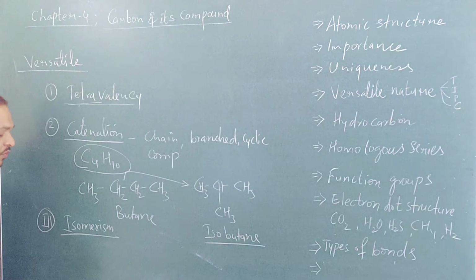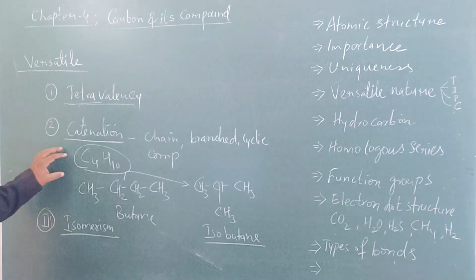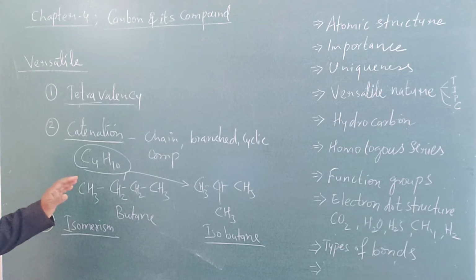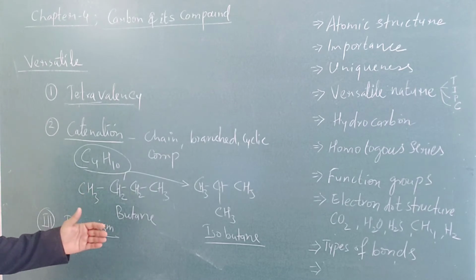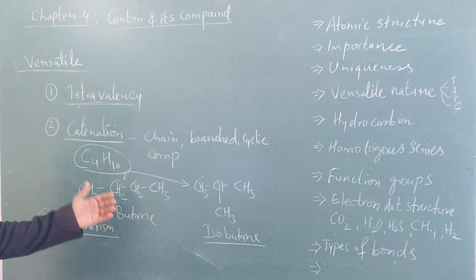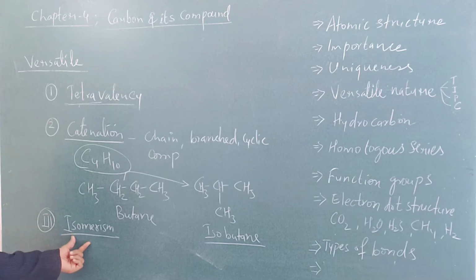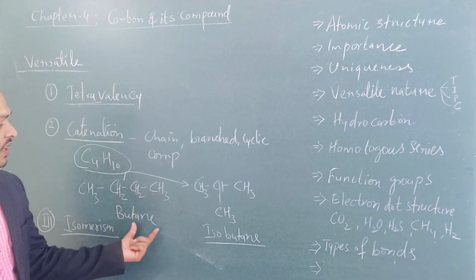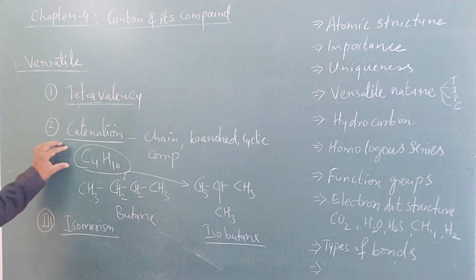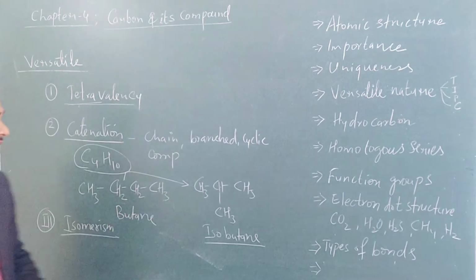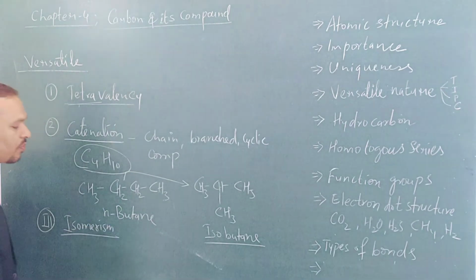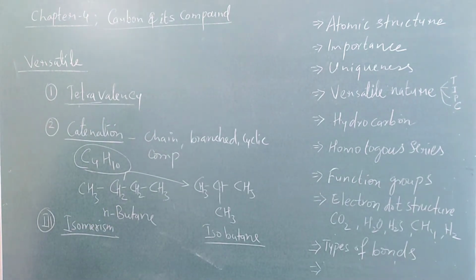Isomerism. What is isomerism? Carbon can form more isomers, or can exist in more structural formulas, than from one molecular formula. This property of carbon is called isomerism, and the compounds which are formed are called isomers. So butane can form these 2 isomers. One is butane, another is isobutane. This can be written as normal butane. I hope it is clear.